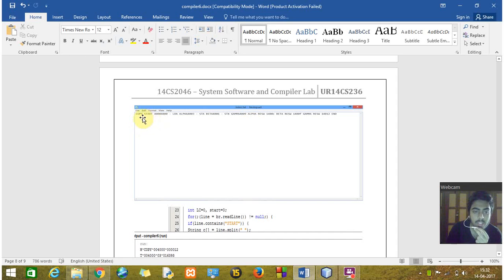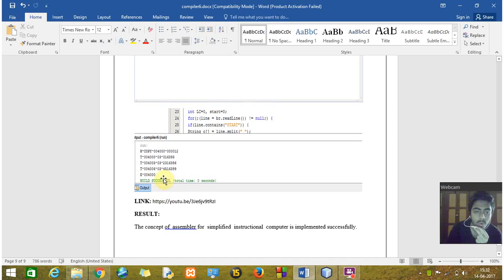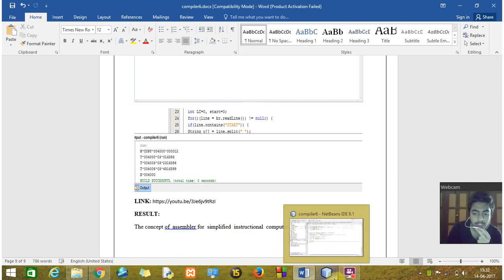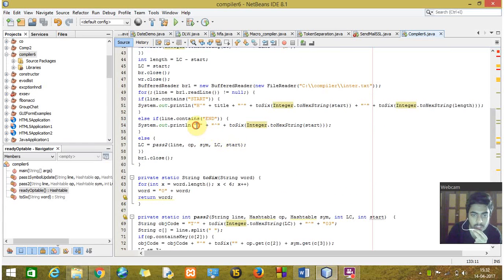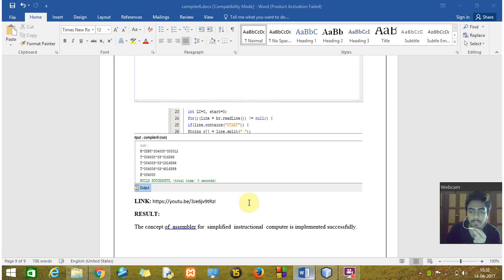In this, as you can see, it is copied in a single line. So object copy start, then the starting address is there, then LDA is there with the opcode address generated here. As you can see in my program output, I will have the output as H COPY, then the starting address, then the remaining fields, and then the whole text record and the end record as I specified in my program. The header will be generated like this, then the text record, and the end record. In this manner the output will come as shown here.